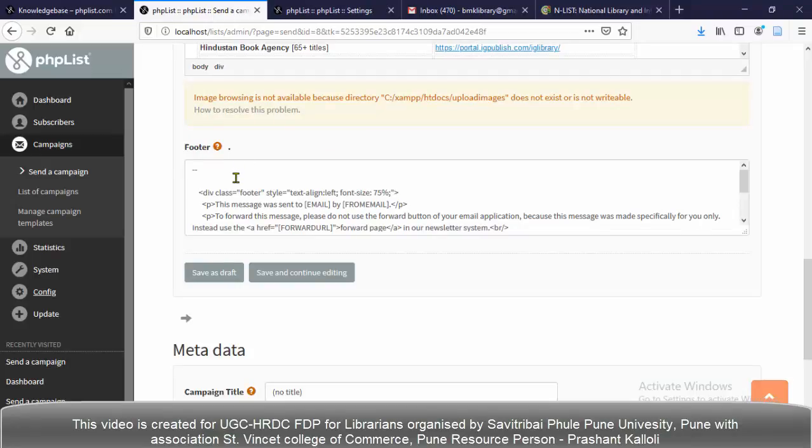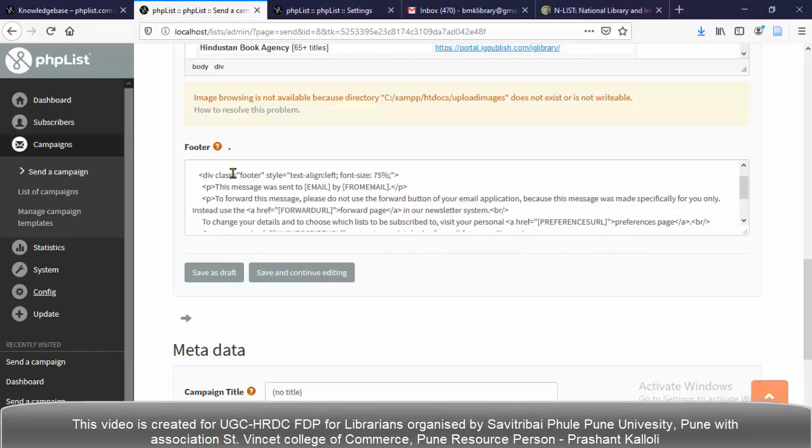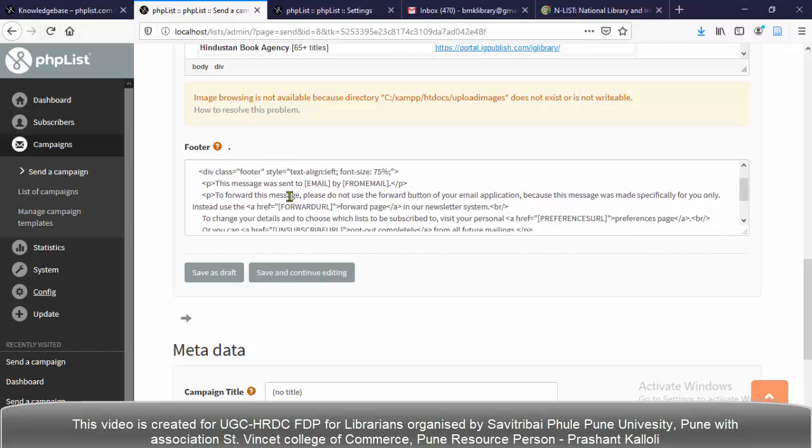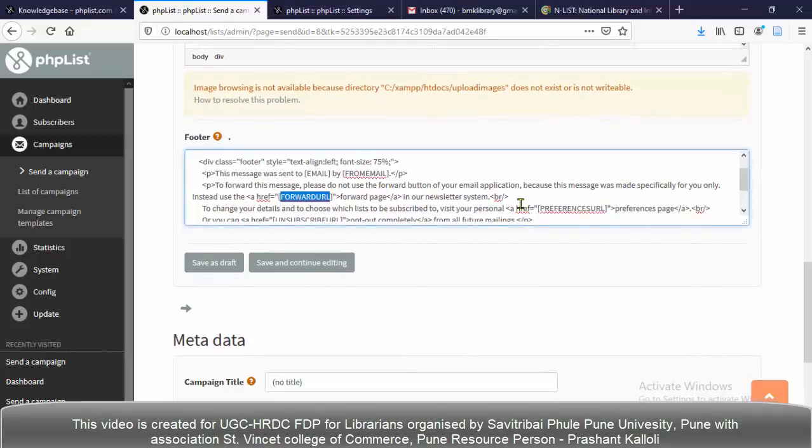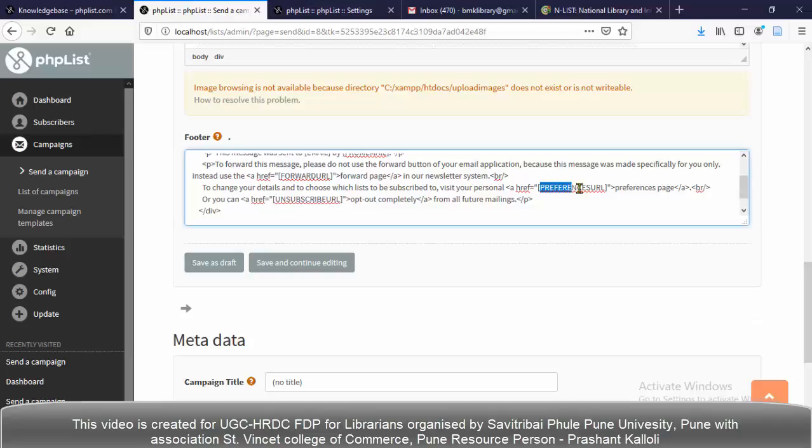In the footer there are placeholders. If you see this message, there are placeholders like email, from mail, forward URL. If you look carefully here, there is the preference URL and the unsubscribe URL. These are very important.